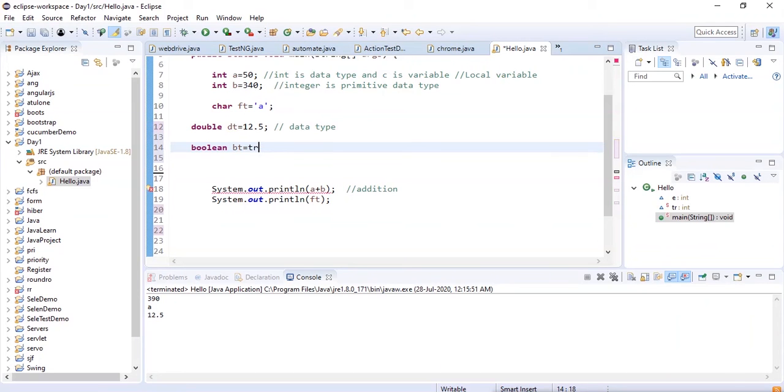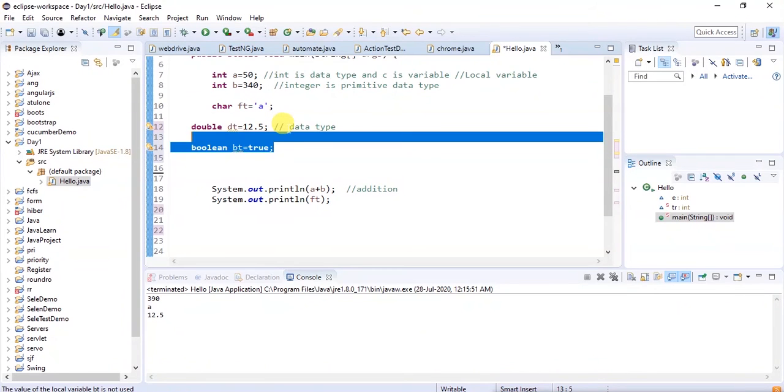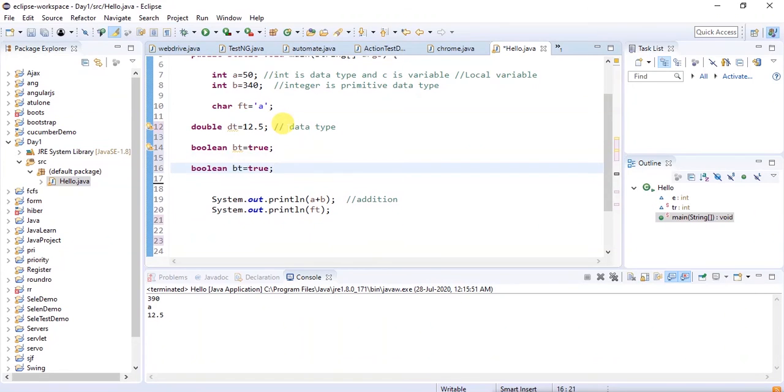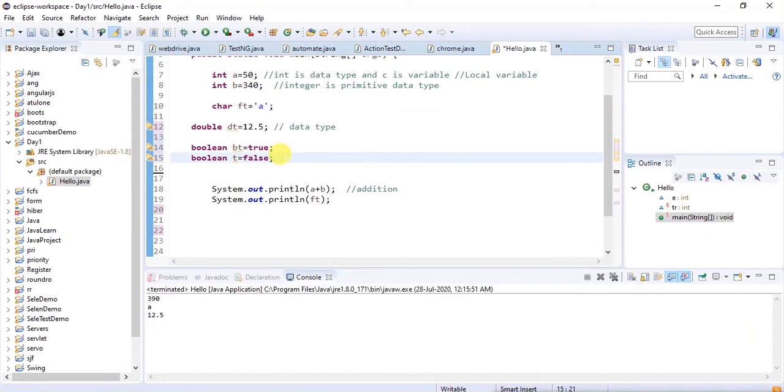We always use true and false to declare a boolean, so it will be either true or false. So we have seen boolean, int, character. These four are the main data types, and these are all primitive data types.